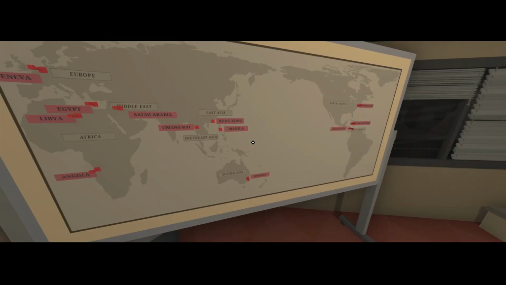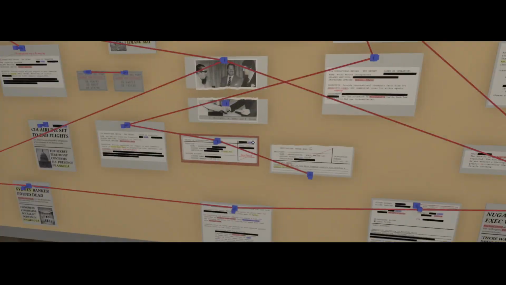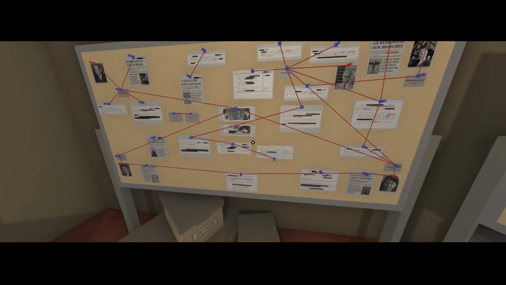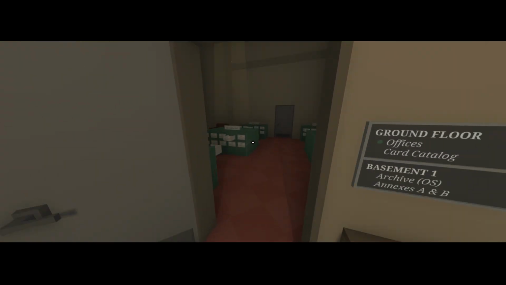Where's the Cayman Islands? Latin America. Let's go to Latin America. But when do we think it is in Latin America? Should we just take a guess and go 1975 Latin America?